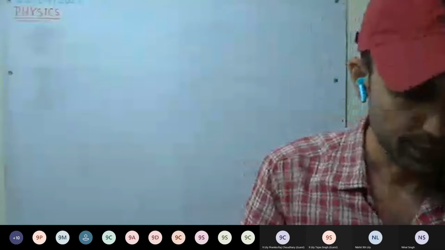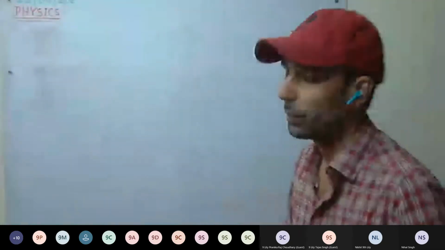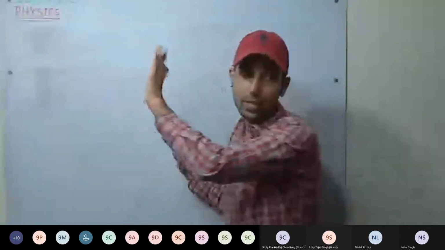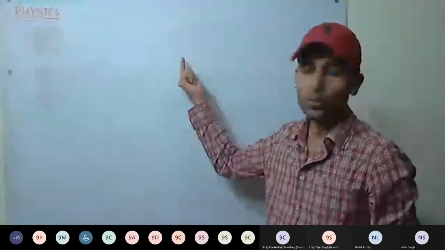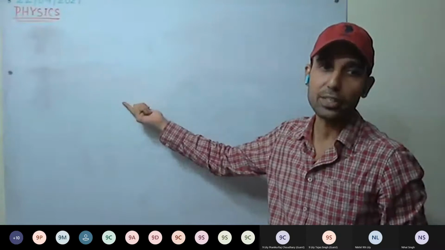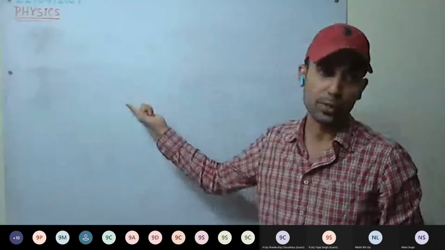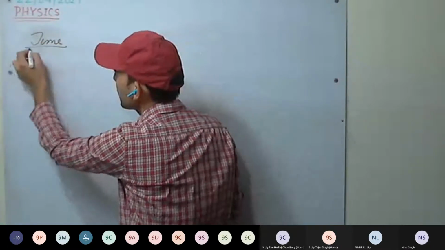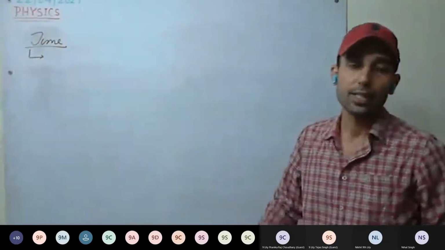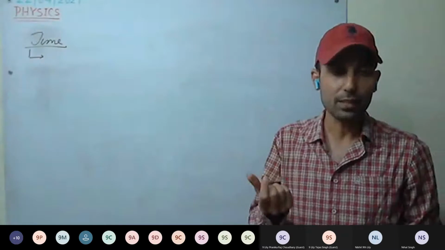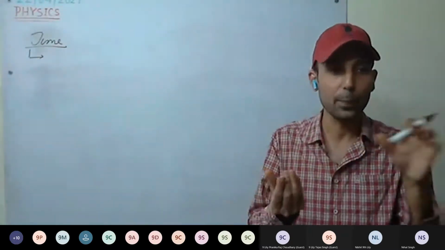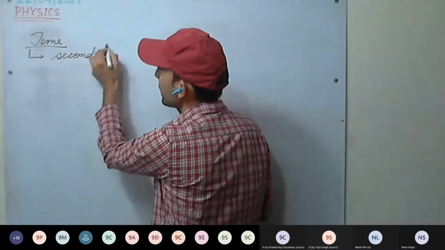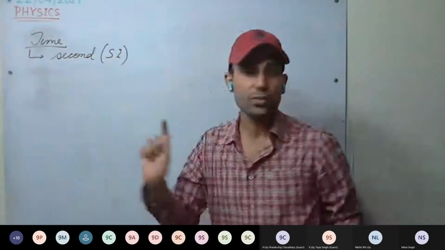Okay. So units of time. We have discussed the first fundamental quantity, length, and we defined the meter. The second fundamental quantity, mass, we discussed, and we defined the kilogram and other units in terms of kilogram. Now the third fundamental quantity is time. First we define a unit, something which will compare other times. So we define the unit as second. This is our SI unit. Now first we have to define second.